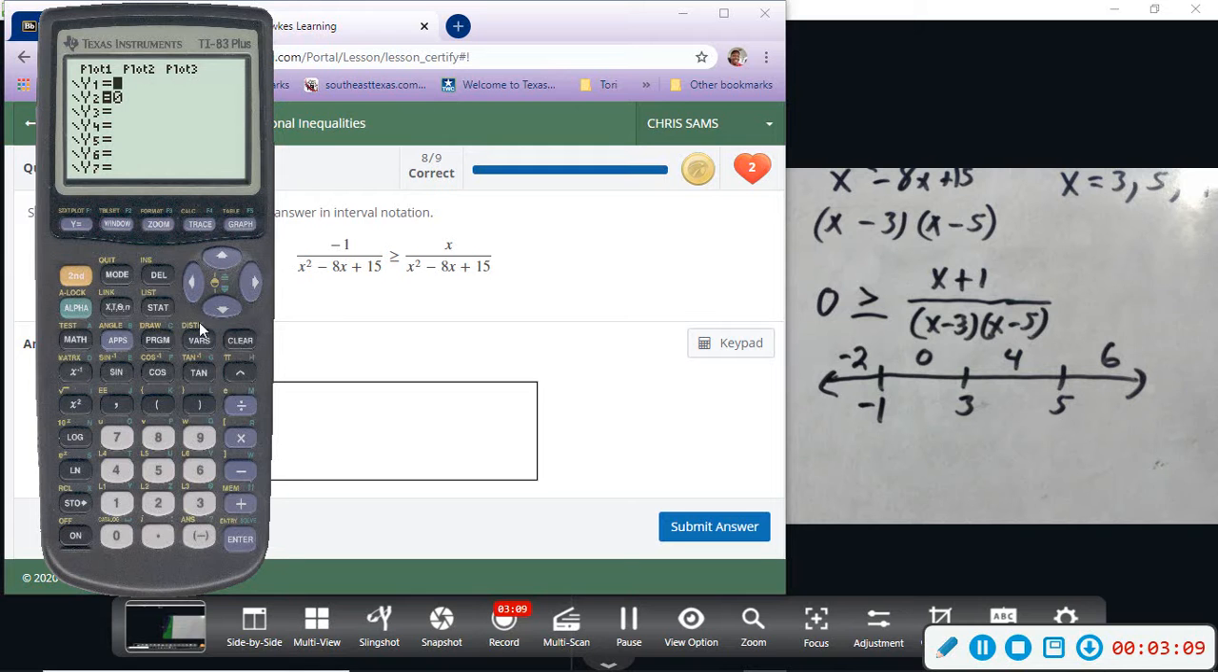Clear. So since on the left is 0, I'm going to put 0 first. And then down to y2, I'm going to put the numerator in parentheses. So x plus 1, close it, divided by, and then I'm just going to type it in the factor form. So I'm going to open parentheses and do x minus 3, and then